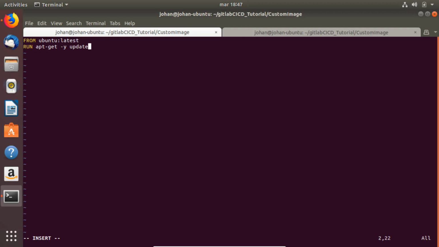After that, I will install Apache 2. For installing Apache 2, I can use this command also with -y. And from here we are almost done. I forgot to install. After that,